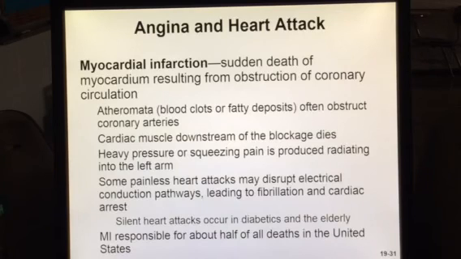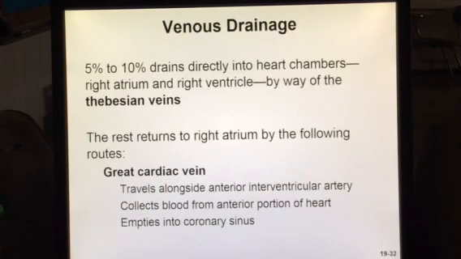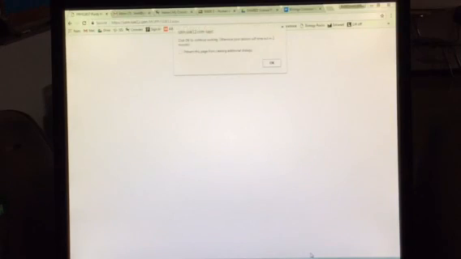Sometimes patients will see a pain that radiates into their left arm, or others might have painless heart attacks. They might not feel it. But heart attacks are responsible for about half of the deaths in the United States. Okay, again, this goes into a little more detail than I think is necessary, but it's talking about of the heart itself,